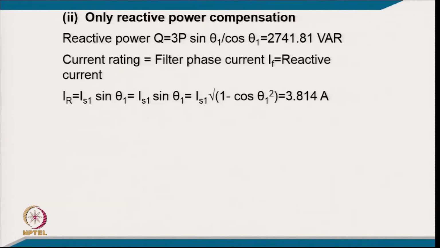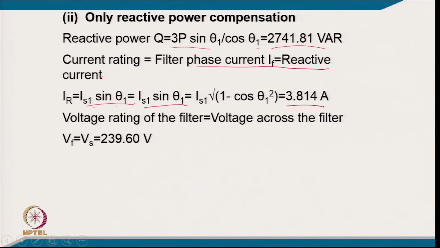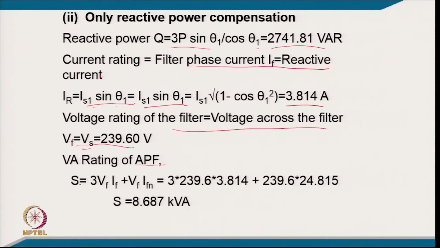So, coming to the shunt filter rating only for reactive power compensation. Reactive power equal to 3 P sin theta 1 upon cos theta 1. So, it comes like 2741.81 VAR. The current rating of the filter will be equal to the reactive current. So, IF will be IR equal to IS1 sin theta 1, and putting the value of this, it comes 3.814 ampere, and the voltage rating of the filter will be the voltage across the PCC, that is Vf equal to Vs, 39.6 volt, and the VA rating of the active shunt filter will be S equal to 3 Vf IF plus Vf IFN, and